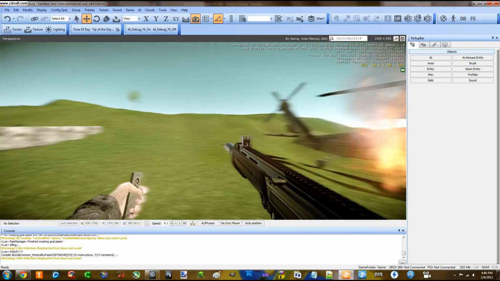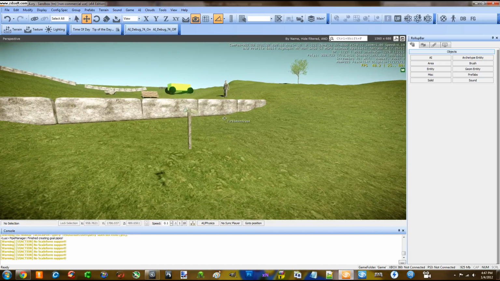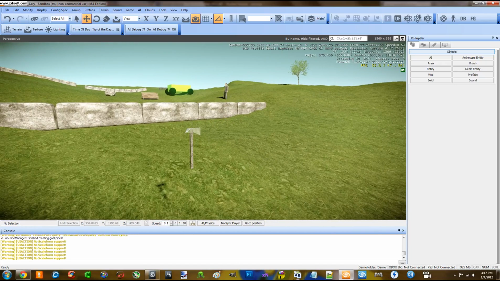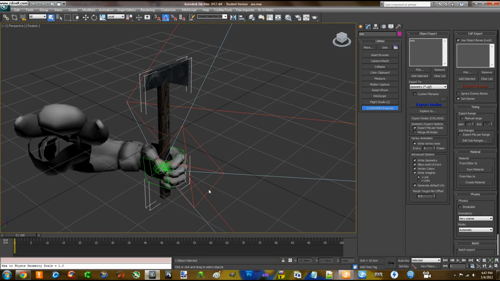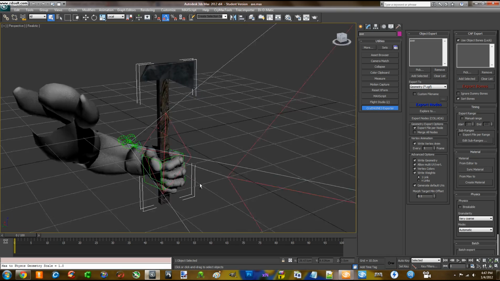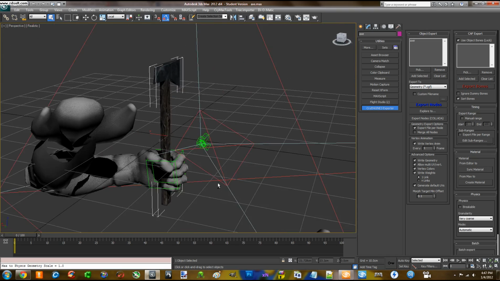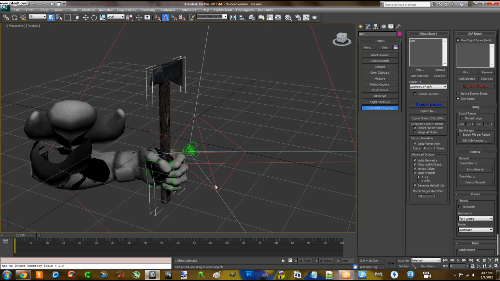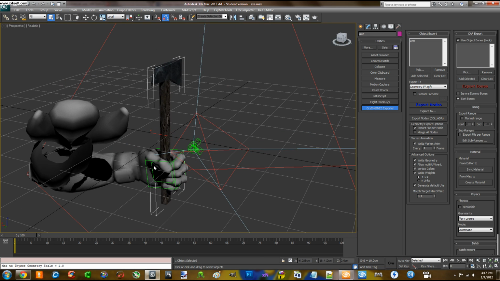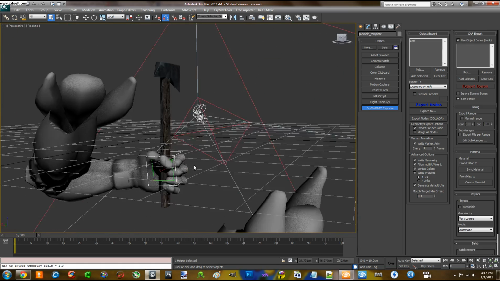It's upside down. So let's go ahead and exit out of there. Let's go back into 3D Studio Max, and even though this is straight up the way it's supposed to be, apparently it's upside down. So what we're going to need to do is take the template file right there,